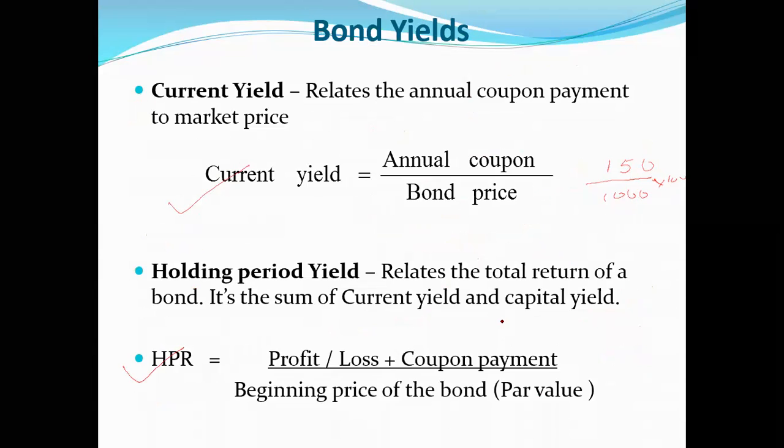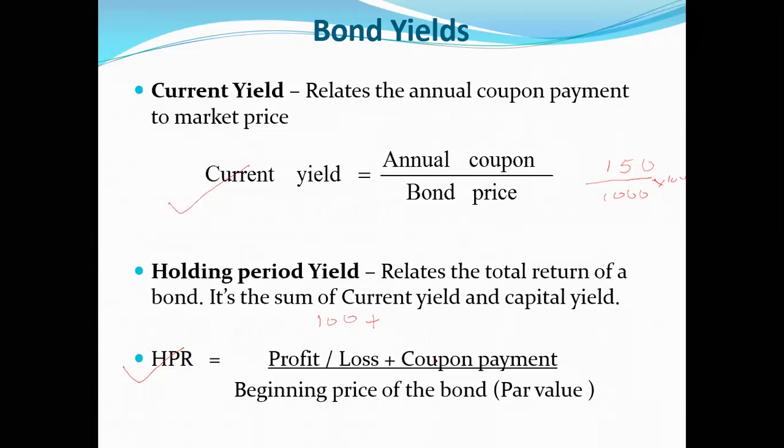Suppose Rohit has purchased a bond. Rohit has purchased a bond for let us say 1000 rupees, and he has sold the bond for 1100 rupees. So what is his profit? Rohit has purchased the bond for 1000 rupees, sold the bond for 1100 rupees. So his profit is going to be 100